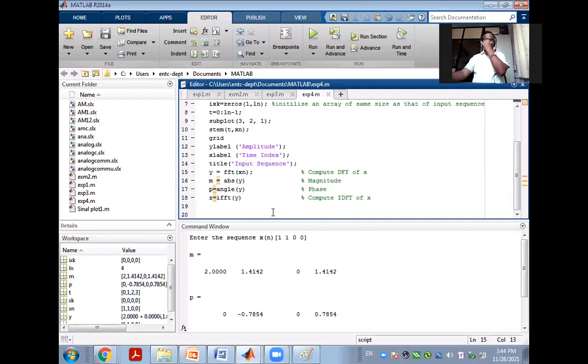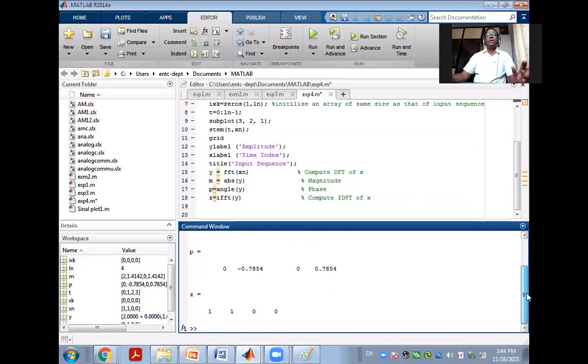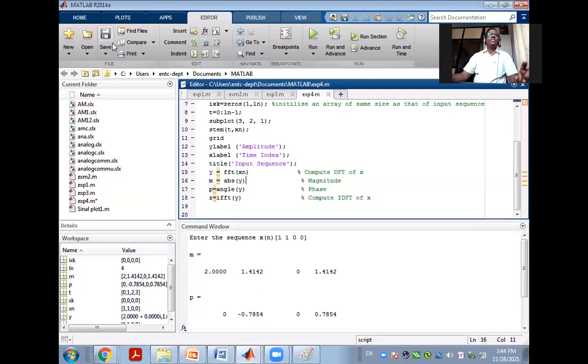If I want to see the result of this DFT, तो मुझे यहाँ पे I need to remove this semicolon. मतलब semicolon का फायदा क्या है यहाँ पे? What it says is the line which you don't want to see the answer in the command window, तो उसे हम suppress कर सकते हैं यहाँ पे, right? So that means let me run it once again as I have changed the thing.